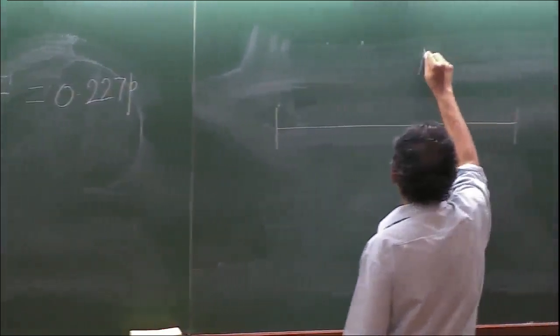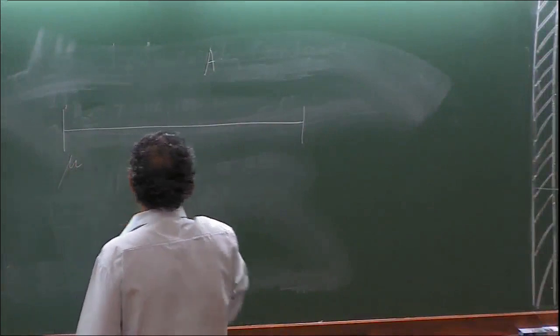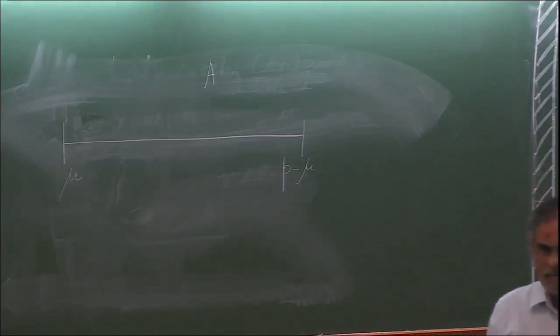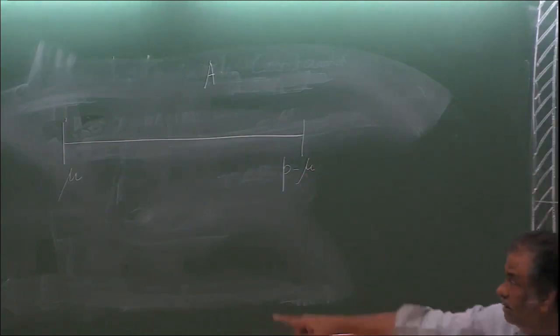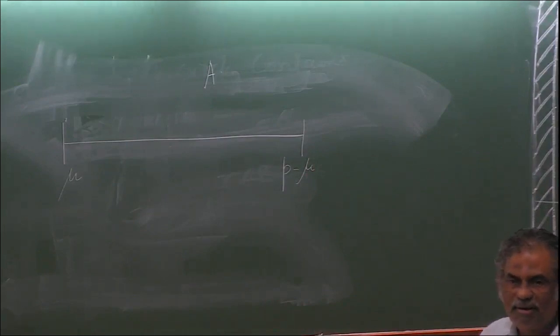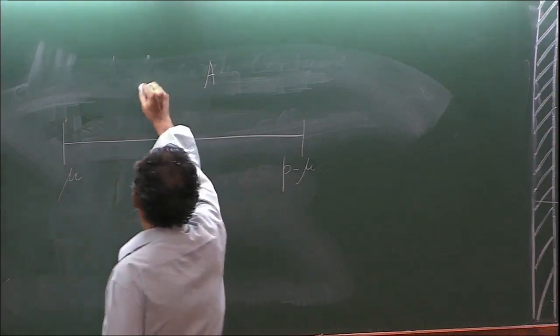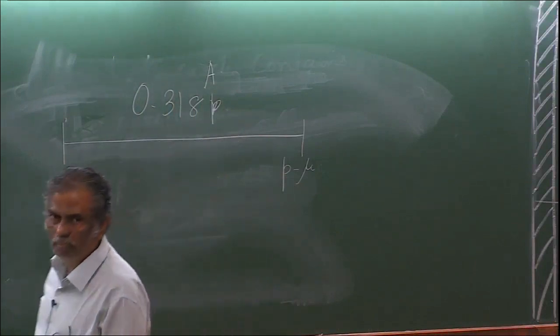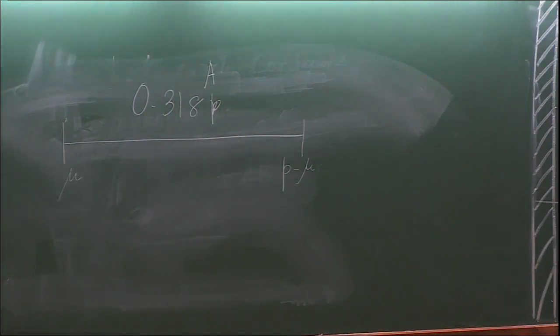I have the set A. This set A lies between mu and P minus mu, because that's what I am assuming, that the least element is mu, and in the absolute value, and therefore that lies between P and mu, and this is where your A lies, and this A has 0.318 elements. And now I can use the exclusion zone thing. There was another theorem which unfortunately again I erased. It's always a problem with writing a little big, I have to erase, but the theorem essentially says